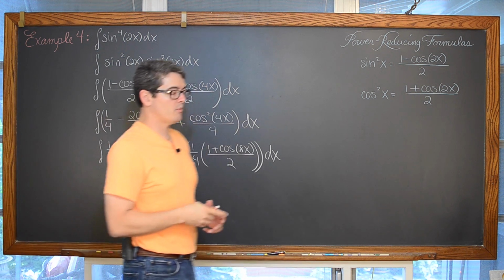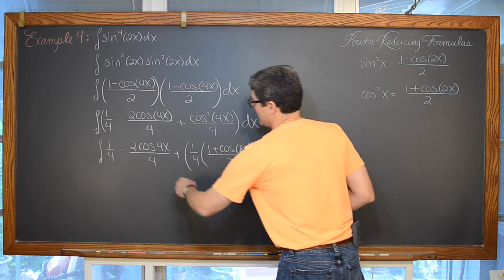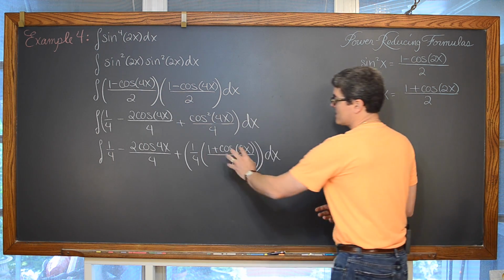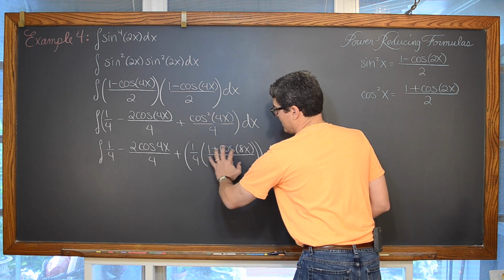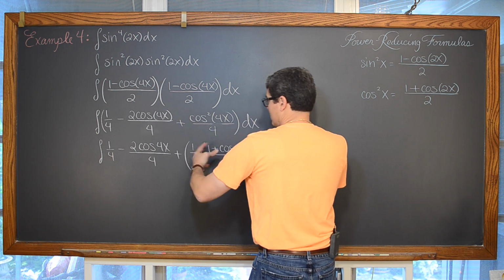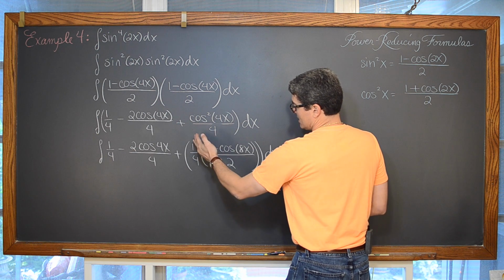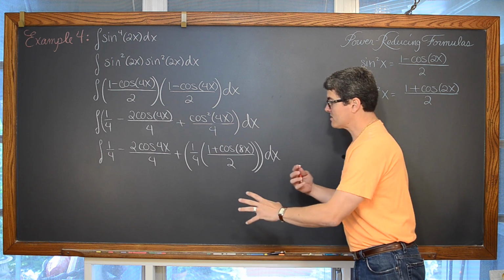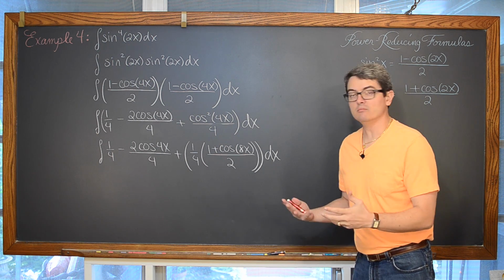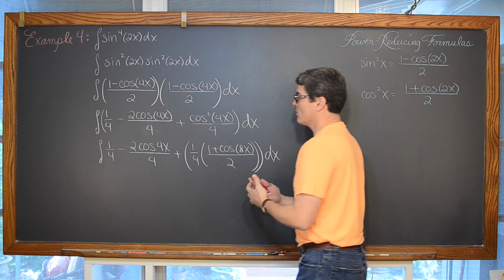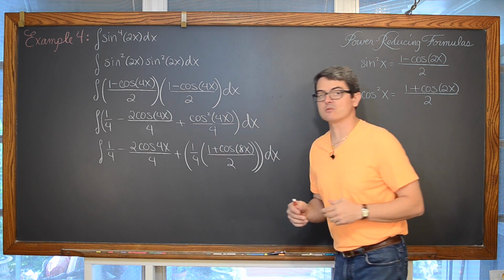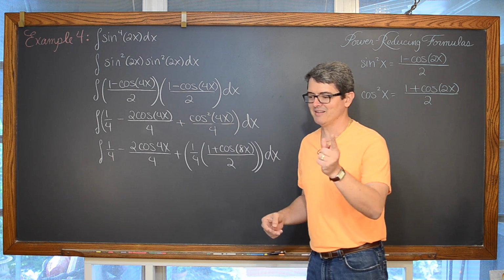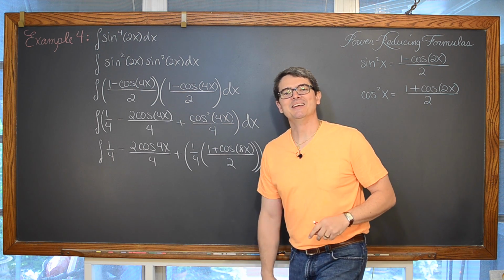Okay, now at this point, what we have left to do is we now just have cosine functions with no power on them. So I do a little bit of expansion with this remaining term and combine a couple of like terms, because we're going to have a 1/4 times 1/2 is 1/8 along with this 1/4. I'm going to step off and clean this up a little bit, so we don't have to do anything real complicated to finish the problem out, because our trig functions are simply to the first power. We know the integral of cosine is inverse sine. No, excuse me. The integral of cosine is sine.